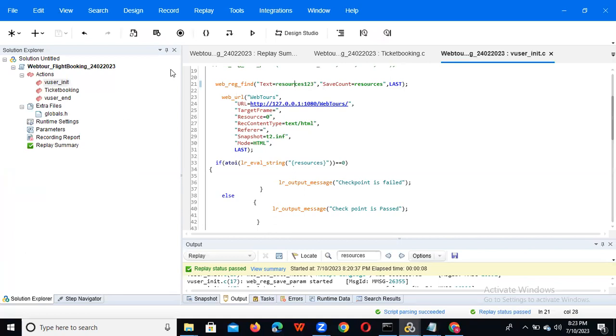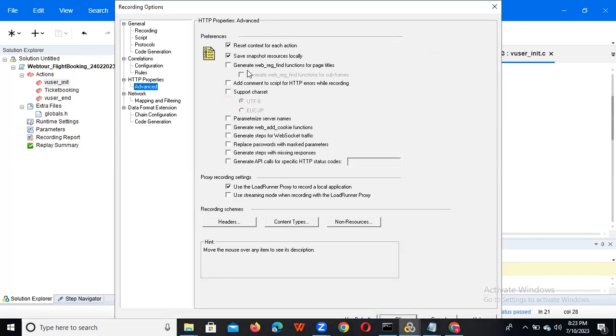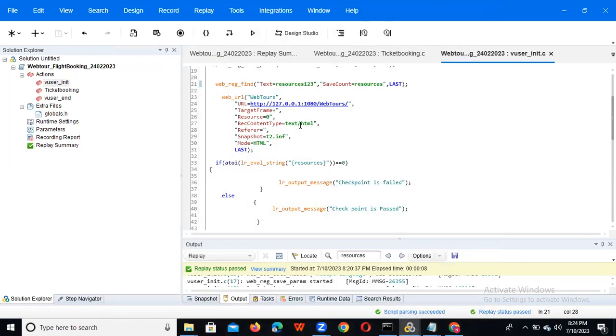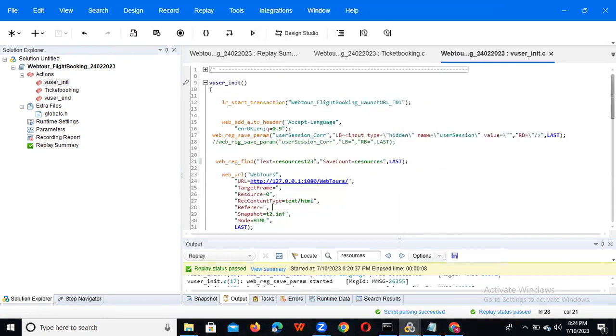Because when you are recording, right, here itself we are giving generate web break functions to page titles. So page titles only are captured if you select this. Okay, no need to give from the header or body, no need to give. Okay. So this is the